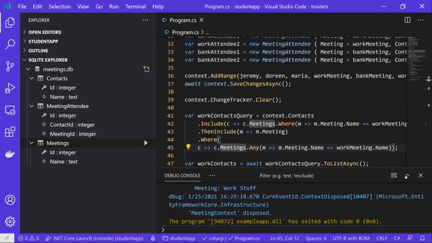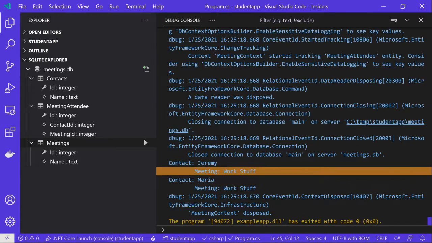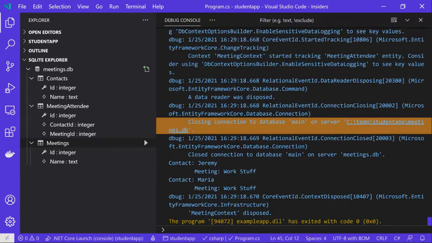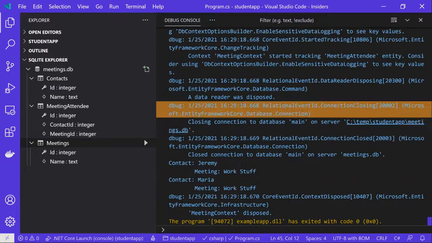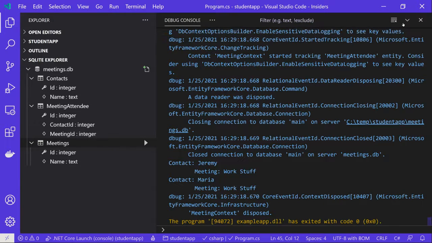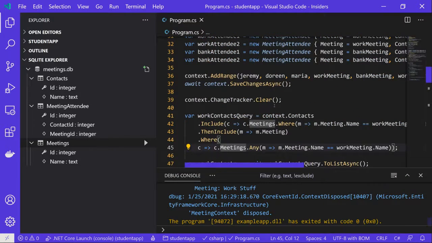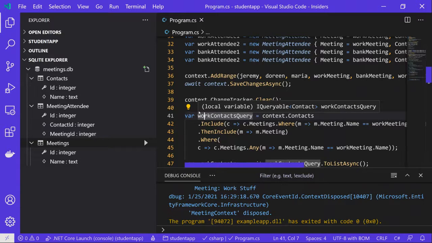Let's expand this up. You can see now it just got work stuff and work stuff. And if we looked at the query, we could see that. So that's a new feature of being able to filter your include, so the related entities that you're pulling in, you can also filter like this. Now the next one is a huge feature that a lot of people requested and have been waiting for, and that's something called many-to-many. And many-to-many refers to the configuration of how you